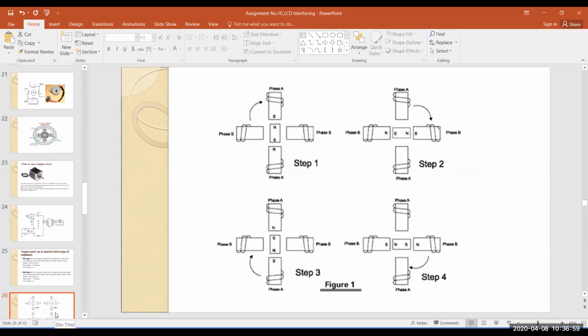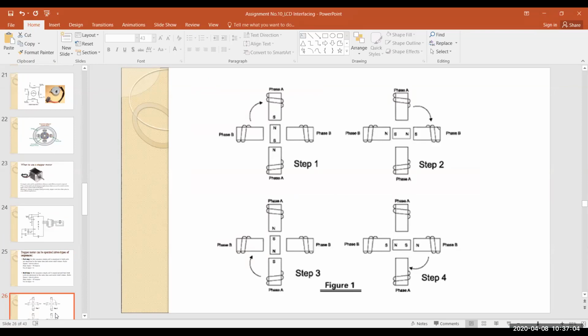If I want to rotate it by 90 degrees each time, then 4 steps are required to move the rotor through 360 degrees. So how many steps do you require? 4 steps, and each step is 90 degrees.